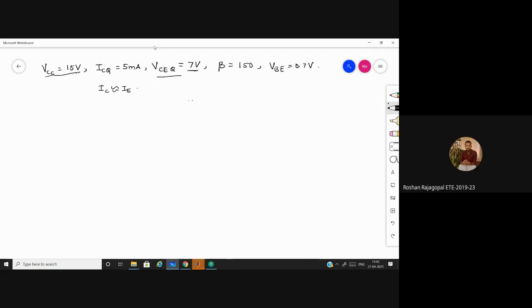So approximate we can't go now, sir, because IB is almost 0. But we have not taken IB as almost 0 in this case, no? Yes, sir, but for approximate we take IB almost equal to 0. Okay, you can take it. But in this case, should we go for Thevenin's theorem, I mean, accurate analysis or approximate analysis?